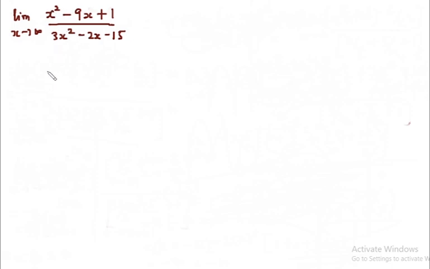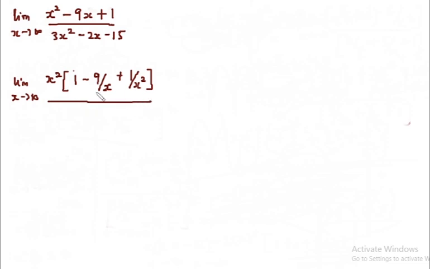So for the numerator, the term with the highest degree is x squared. So I'll write this as the limit as x approaches infinity. This will be x squared, open bracket. From factorizing x squared from x squared, it's 1. From factorizing x squared from 9x, it's minus 9 over x, plus from factorizing x squared from 1, it's 1 over x squared,